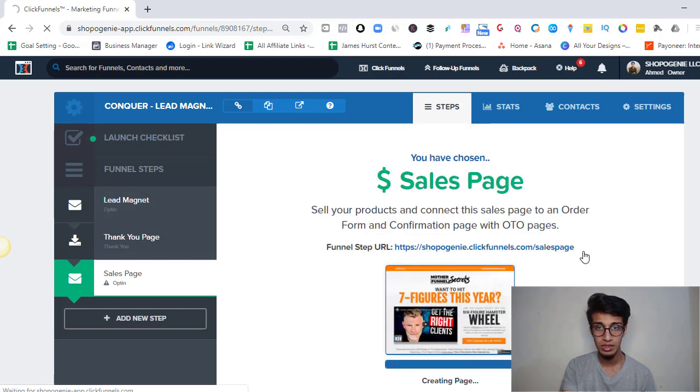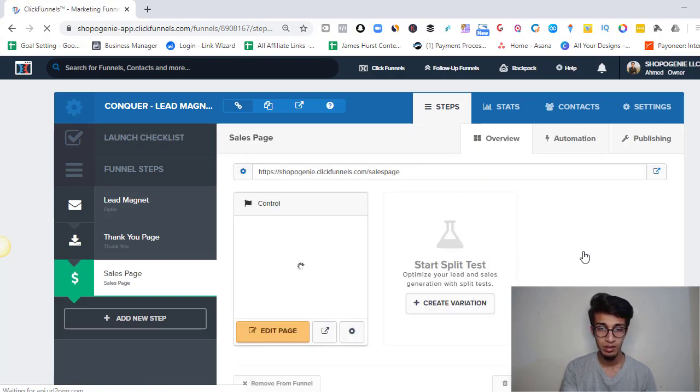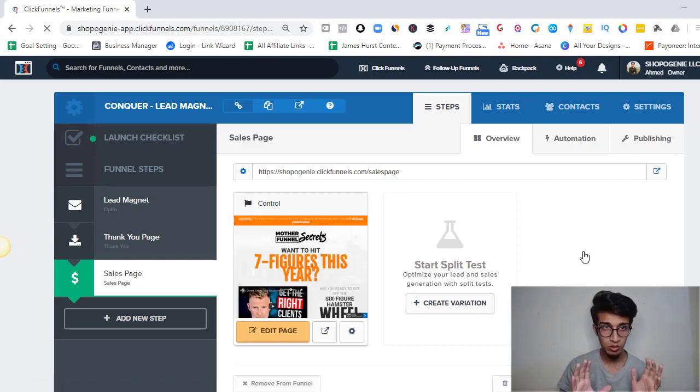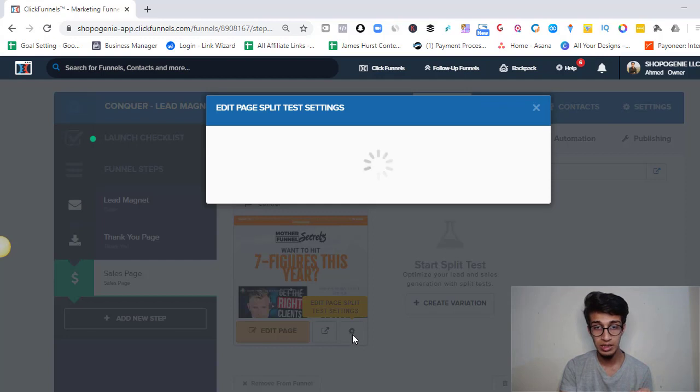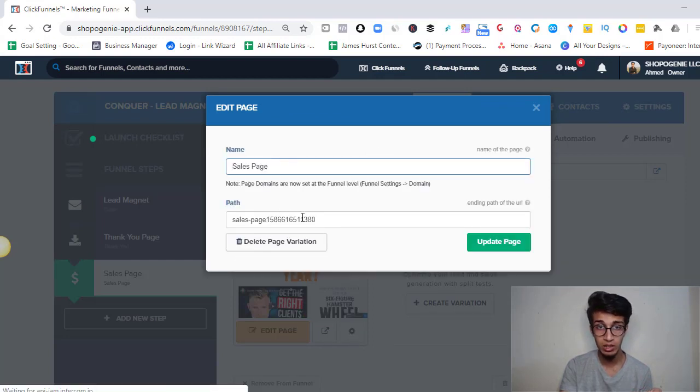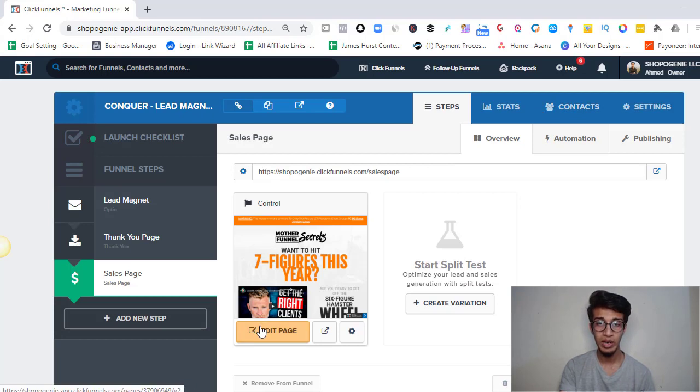Okay, so once this is done, if you see, we have already chosen the sales page. Now the next thing that we will do is go into the settings. Before getting into it, you need to keep one thing in mind. When we connect our domain, whatever path will show up when we use it in our business, you need to go into this setting and edit it over here, because whatever you edit over here will be what displays overall. Okay, makes sense? Other than this, now we can simply go into edit page,